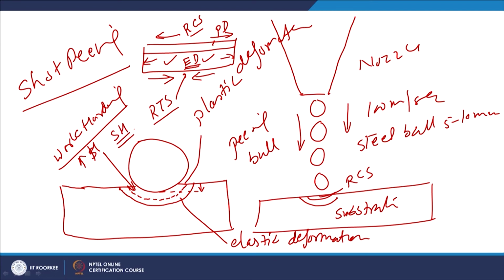So, the greater the plastic deformation, the greater the number of dislocations generated at the surface, which in turn makes further deformation of the material difficult, and that is why we say there is an increase in the surface layer hardness. So, these are the two things which happen when shot peening of the surface components is performed.